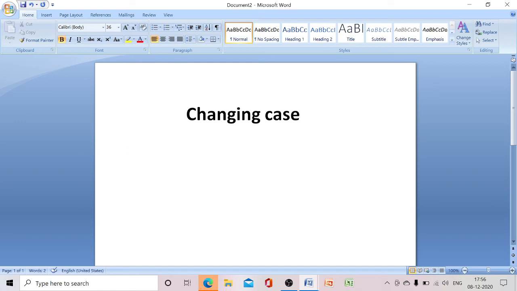The next topic is changing case. Change case option is used to change the type of the letter that we are using. That is the case option. Can you see here? On the home tab, here we can see the change case option. Okay, let me show you.